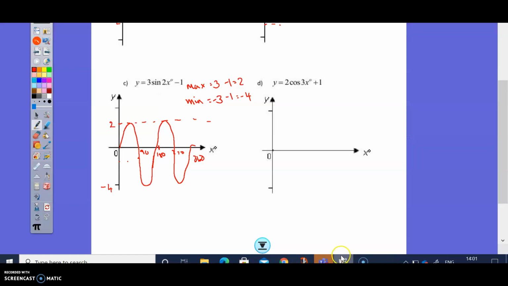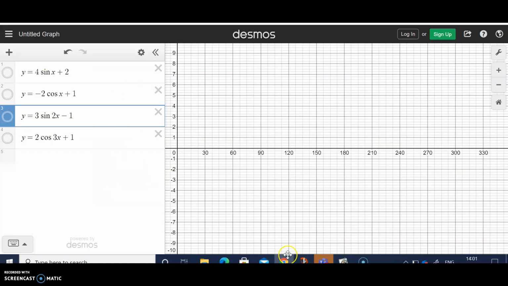Last one, 2 cos 3x plus 1. Do you know what? I'm just going to show you this one rather than me attempting to draw it onto that tiny space. Here we've got 2 cos 3x plus 1. So we've got a maximum value, can only be 2, but you add 1 on, so maximum value of 3. Minimum value of -2 plus 1 goes to your -1, and you've got 1, 2, 3 of them in